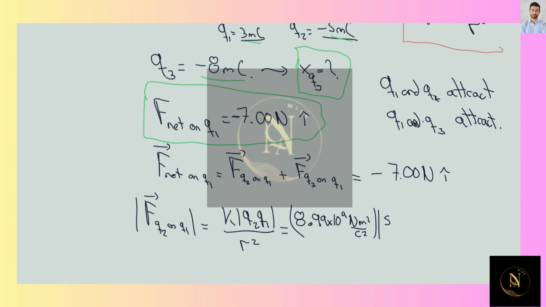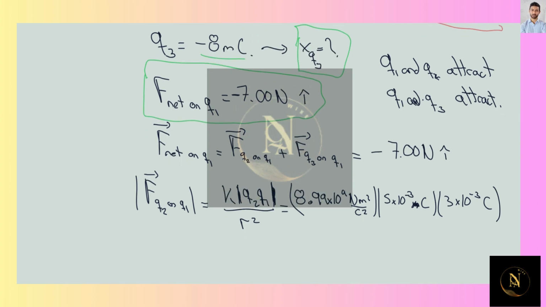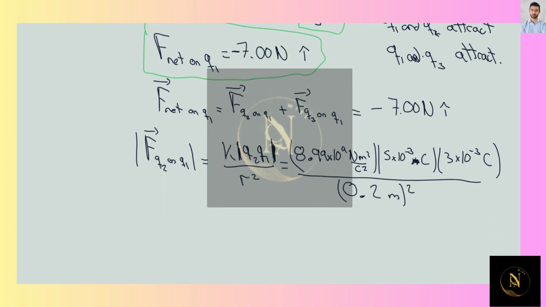So we're going to get 5 times 10 to the minus 3, in this case coulombs directly, because the times 10 to the minus 3 factor accounts for the conversion of millicoulombs to coulombs, times 3 times 10 to the minus 3 coulombs. In this case, I'm getting rid of the sign of the charge because of the absolute value function. And the distance is going to be 0.2 meters squared. The magnitude of this force